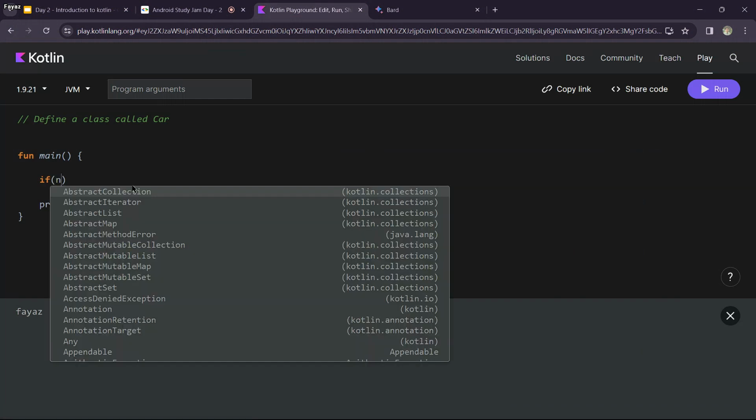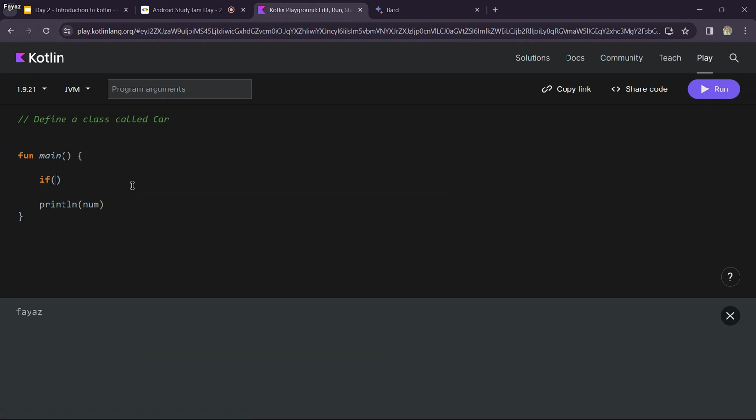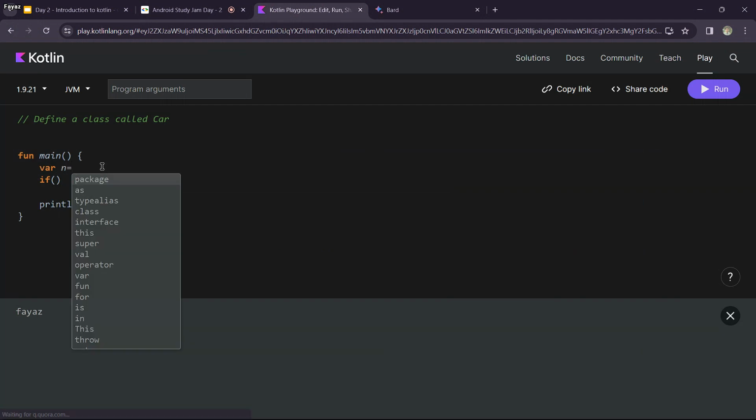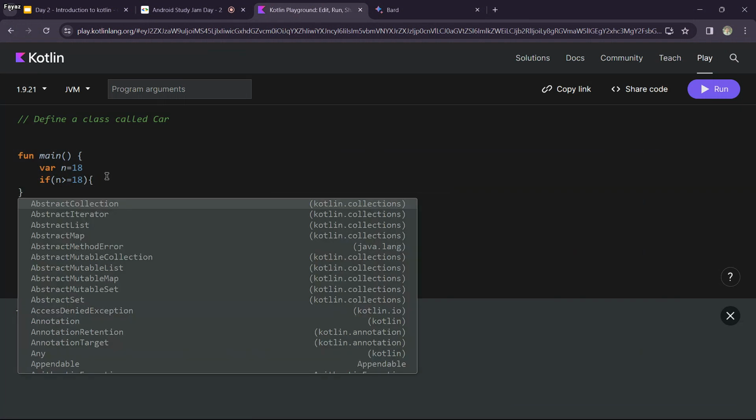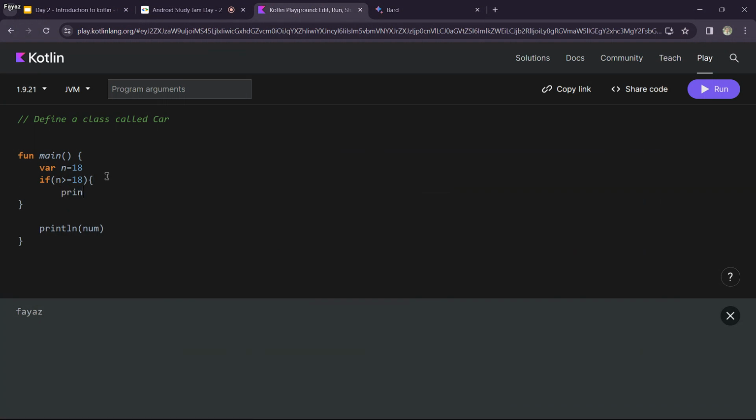I want to complete it fast because you know all these things, right? If I'm going to give a variable here, n equals something like 18, and check whether n is greater than or equal to 18, then we can print something